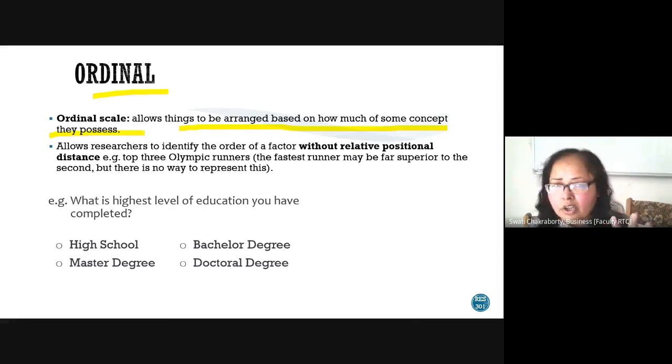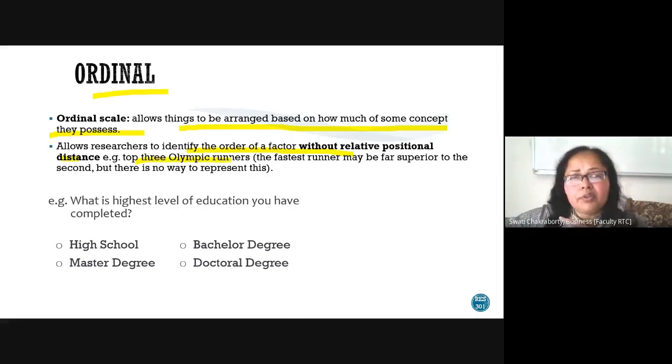You are able to show your preference, so it allows the researchers to identify the order of a factor without relative positional factor. Say the top three Olympic runners: the fastest runner may be far superior to the second, but there's no way to represent this, just identify the order. What is the highest level of education you have? So you just say